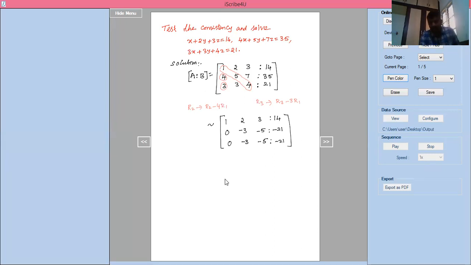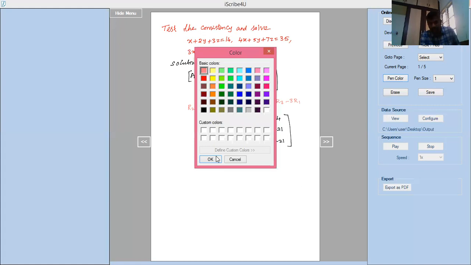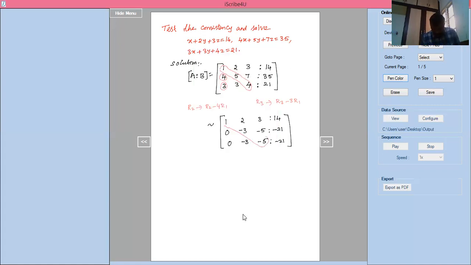So now you can identify the principal diagonal element again. First, I have completed those operations using the row operations whatever I have written. Now once again I can identify the principal diagonal element. This is the principal diagonal element. Below the principal diagonal element, this element is there. This element I have to make 0. How can I make 0? R3 implies R3 minus R2. Why R3 minus R2? Same elements are there. That's the way I'm subtracting.